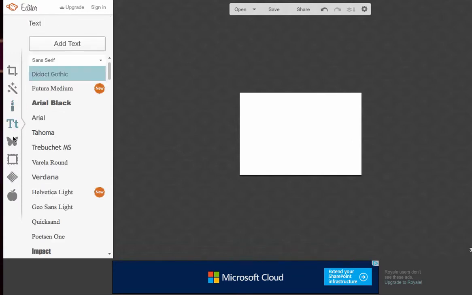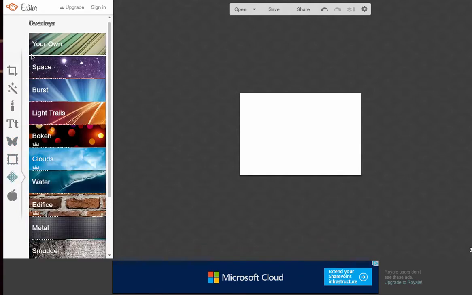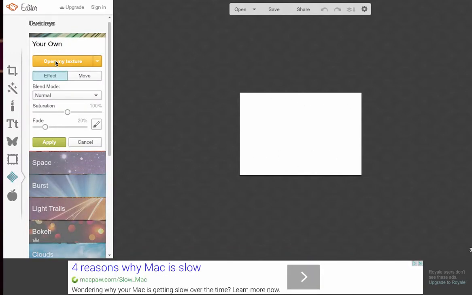I'll just go through them. Yeah, it's this one. I call it a snowflake, but it's not a snowflake, just like a little bit of canvas. So you click on that, and what we want to do is add our own texture, like an overlay to this. So I'm going to click on your own, open my textures,